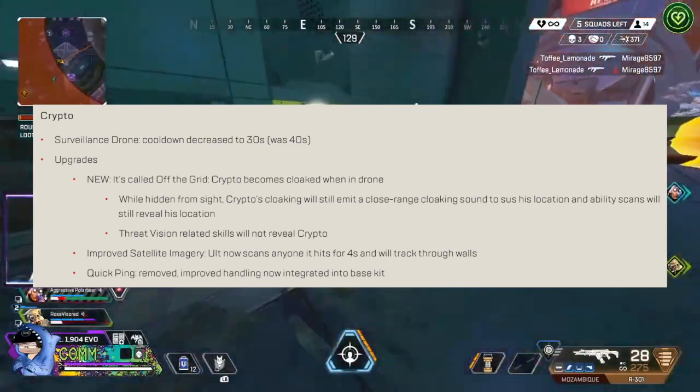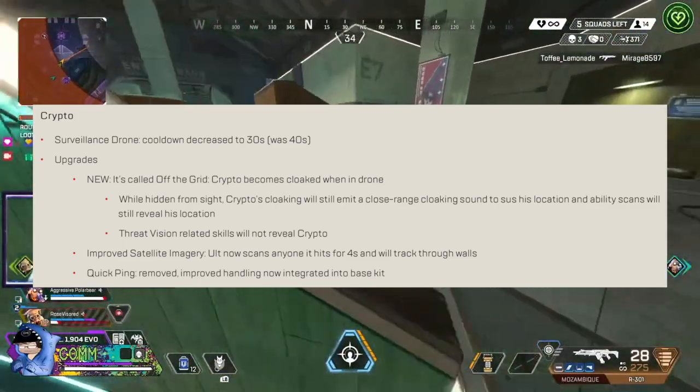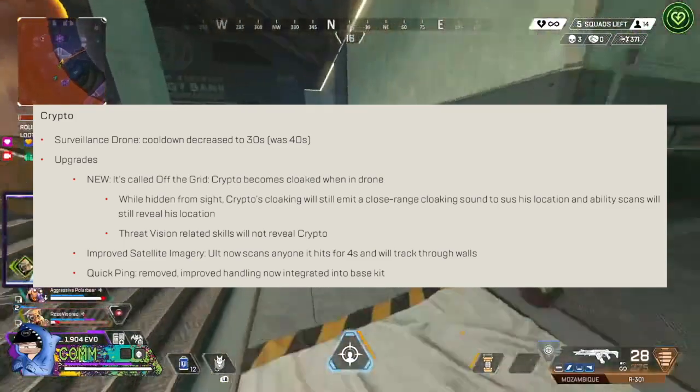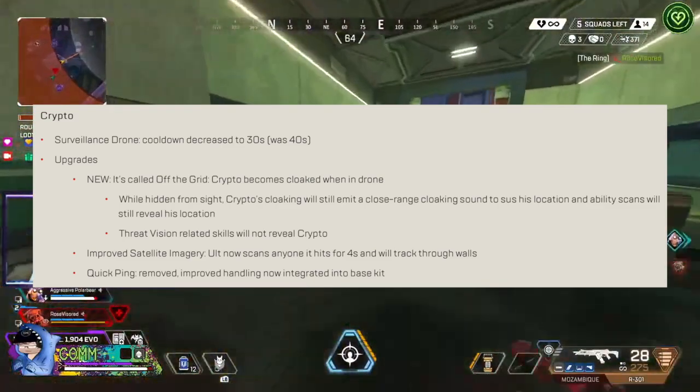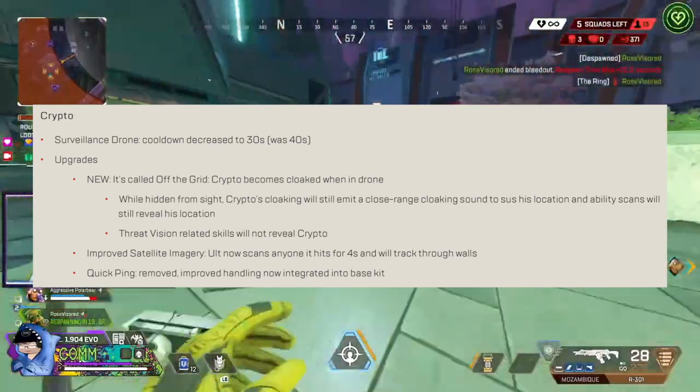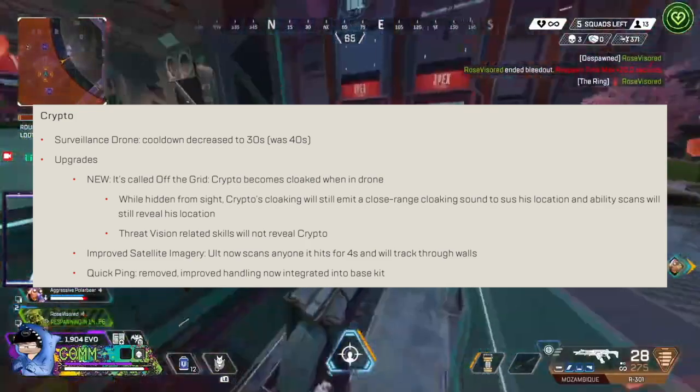And his upgrade perks, he actually gets a new one called Off the Grid, which allows Crypto to become cloaked when in his drone. That being said, his cloaking will still emit a close range kind of audio cue, so you can still suss out his location, and scans will reveal his location as well, but Threat Vision will not be able